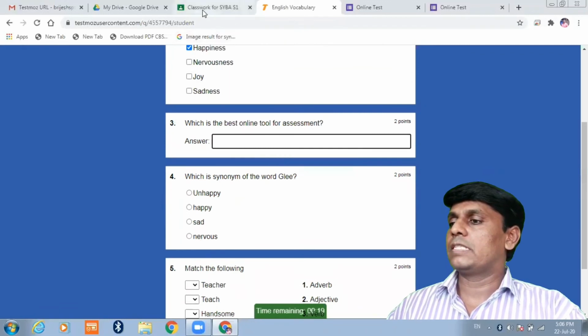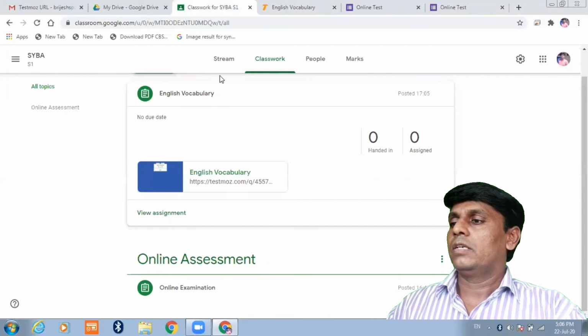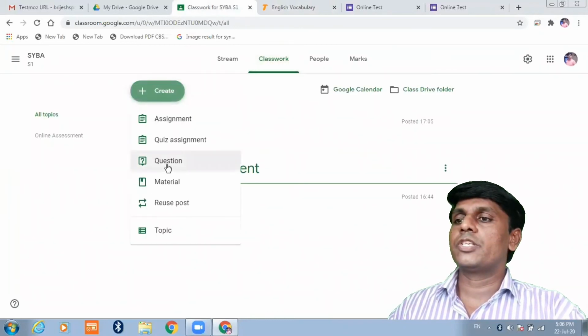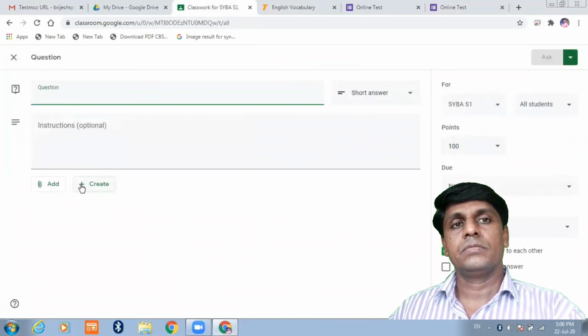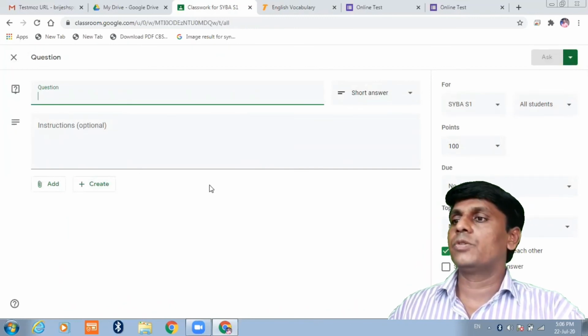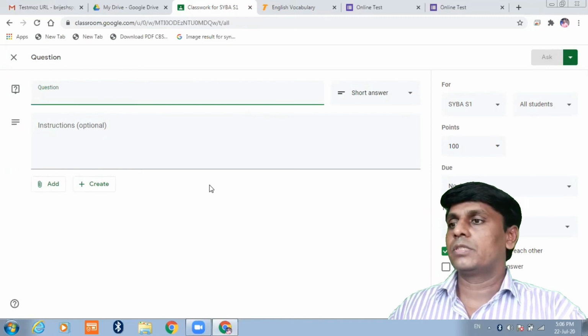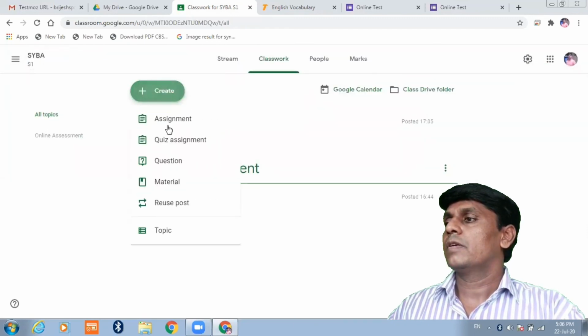Another option is there, questions. In the same way, briefly I'll explain. Here again set the question, here say short answer question, give the question or add from here and assign. So this is also one way. For example, in this section you can give short notes to the students, short note type of questions. Then again in the same section,